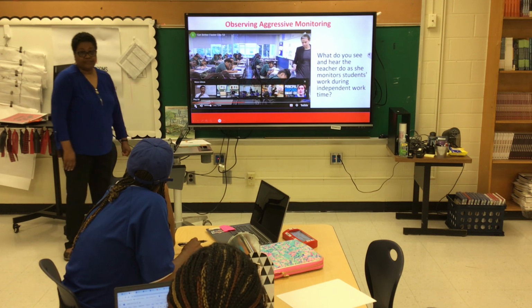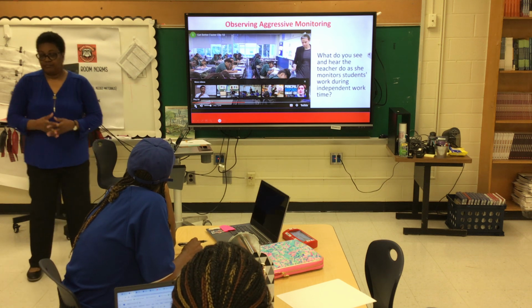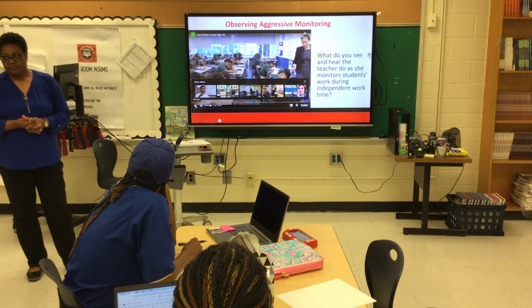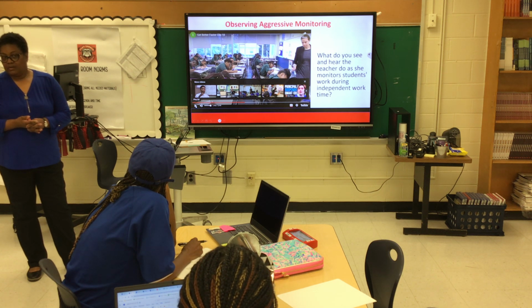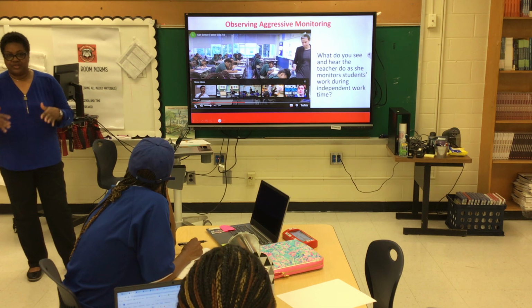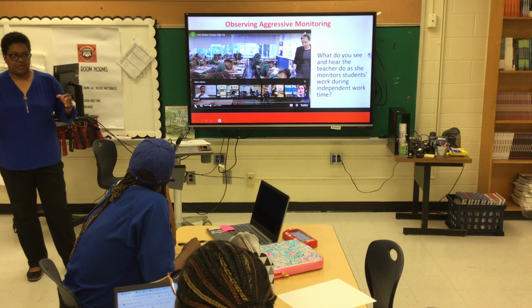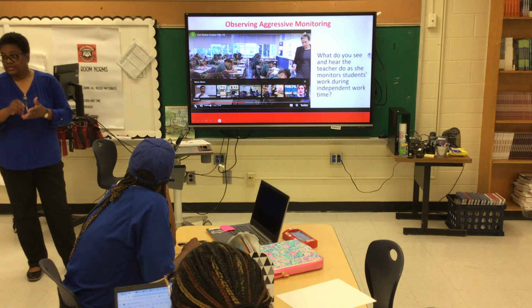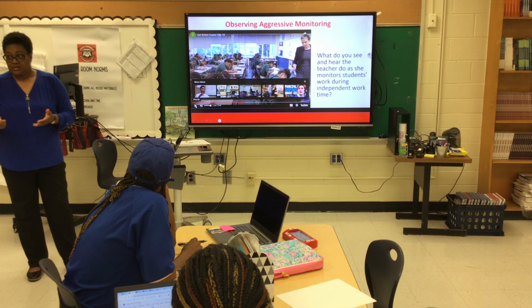Okay, what do you see? Specific things that she was looking for each time, and she checked it, gave feedback, and then she put it on her tracker. It seems like they're just getting started, so she's spot checking, making sure everyone has the requirements on. I don't understand what it is that she's asking them to do. Right, and you see she has her what? She has her tracker.